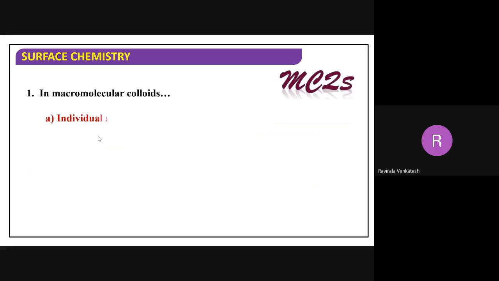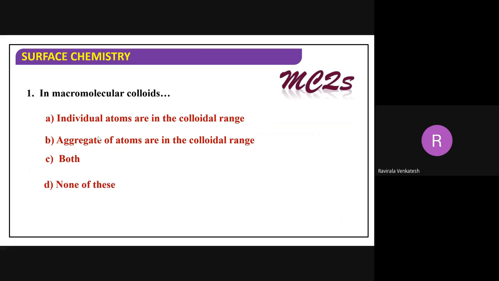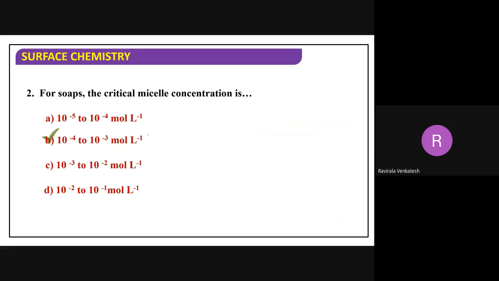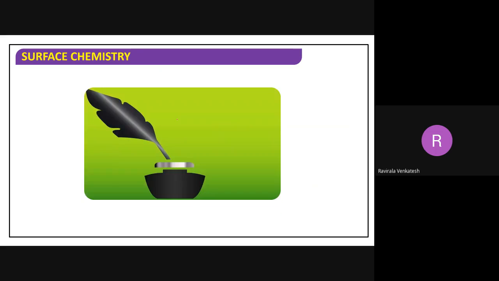Let me take some questions here. In macromolecular colloids, what happens here? Individual atoms will be there, but one atom or one molecule is having a large size. The size of the one is very large. For soaps, the critical micelle concentration, definitely what happened? This one. So this is about the